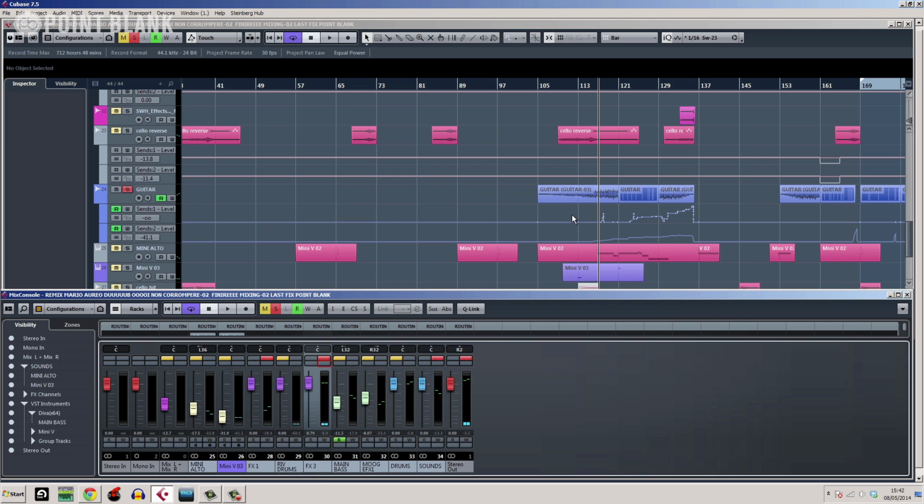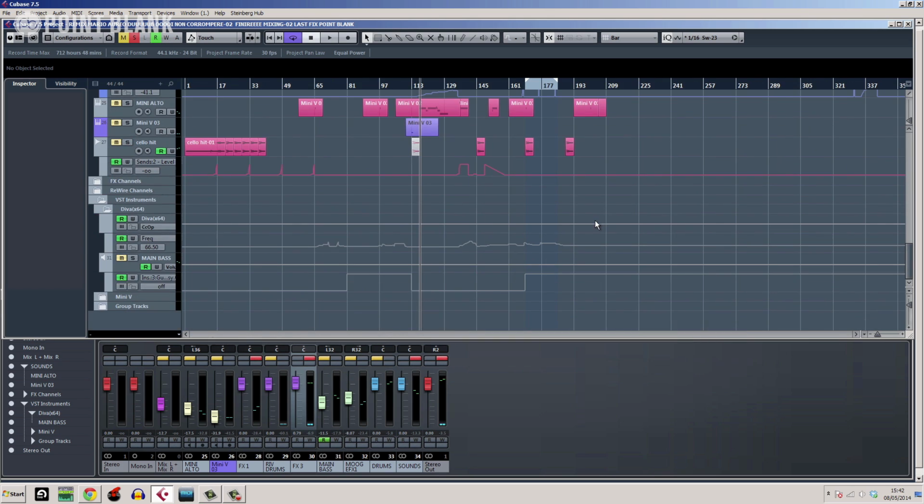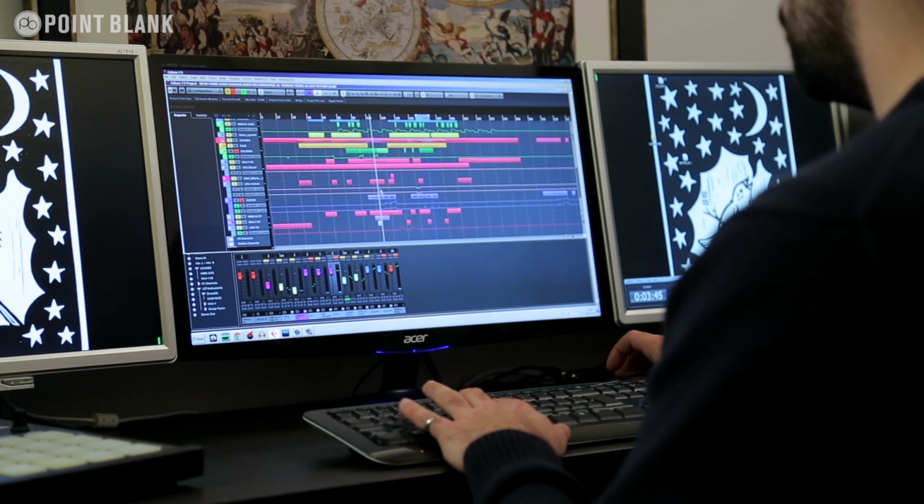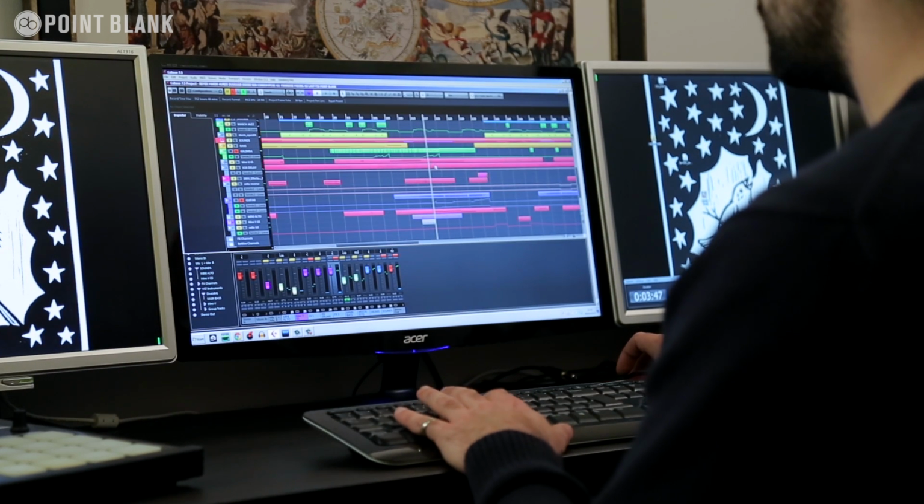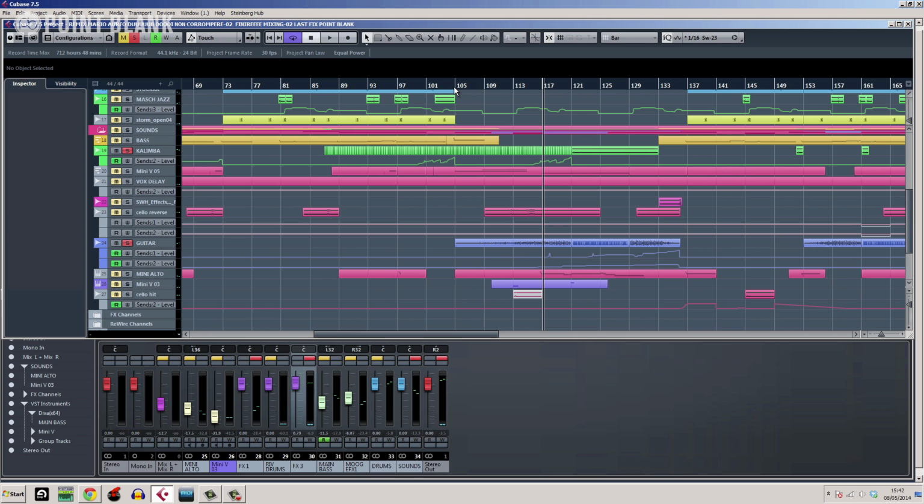All I do, as you can see here from the automations, is open and close them, not randomly, but almost the way a dub mixer like Mr. Lee Scratch Perry used to do. So if I play the kalimba, for example, in solo, you can see the moment that I add the send,